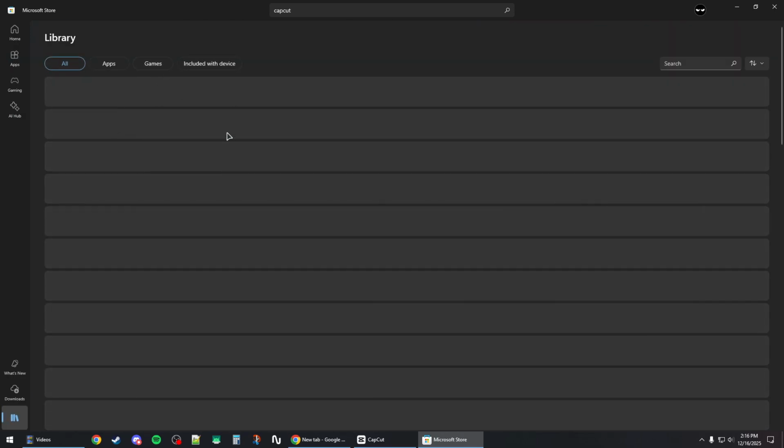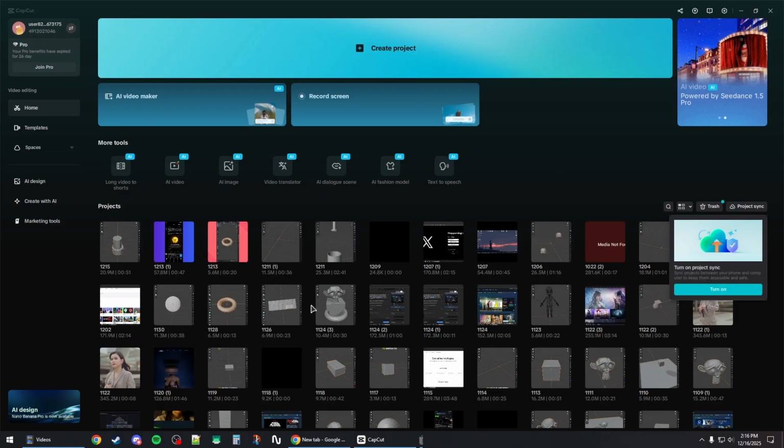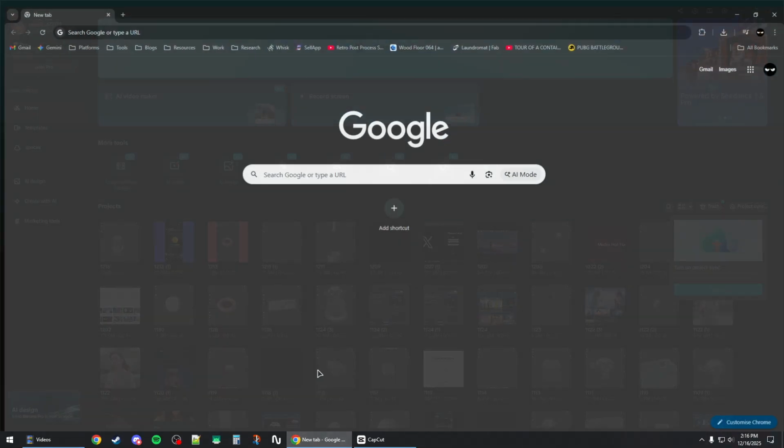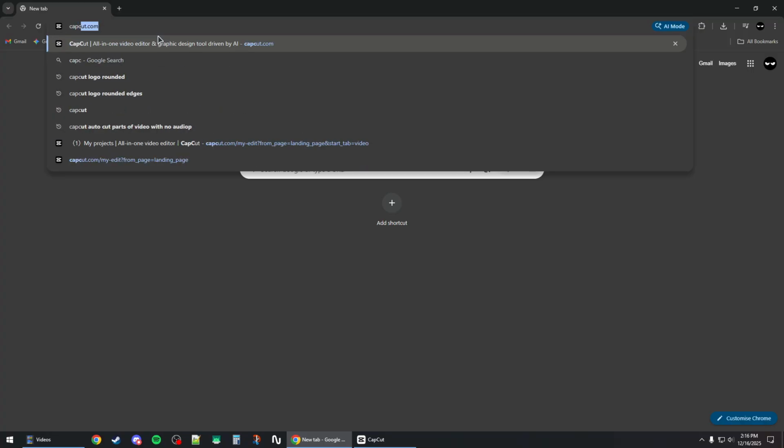You can go to your library and find it here and then uninstall by clicking the three buttons here if it's installed, or the three horizontal dots. So if you click on it, you should see an uninstall option. Make sure to uninstall it from there